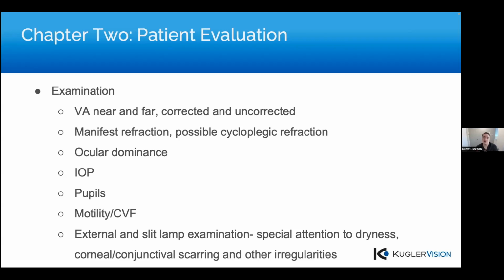IOP is important, and pupil size, obviously, is important to check, and make sure there are no pupil irregularities. People who have larger pupils tend to have, especially the early thinking was, more issues with glare, halos, those types of things. Some of the more recent data doesn't always bear that out, but anecdotally, patients who have large pupils,